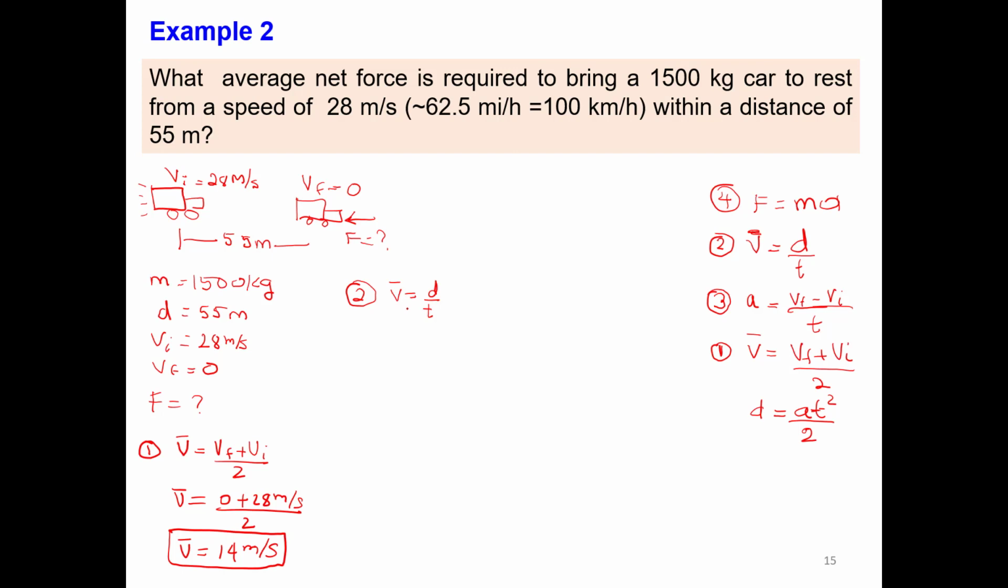Then to calculate the time, we need to solve for t first. And you can solve in the way you want. Probably here it would be easier. We cross multiply. Then now we need to solve for the time. Then we divide by the average velocity. And now we can calculate: distance is 55 meters divided by the average velocity, which is 14 meters per second. Then the time in this case will be, we need two significant digits. If we divide this, will be